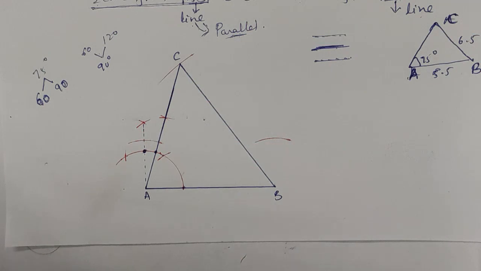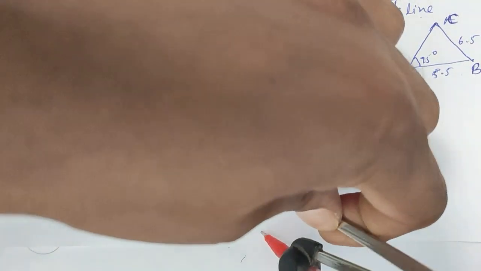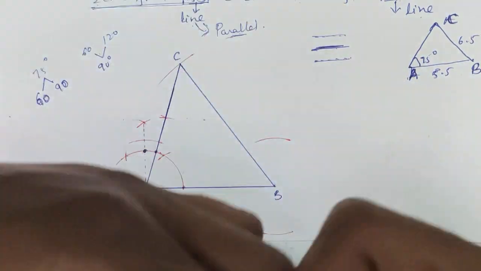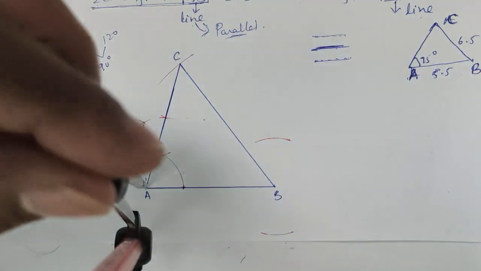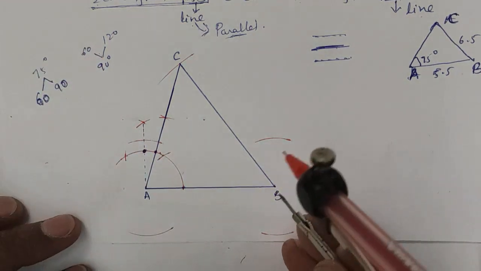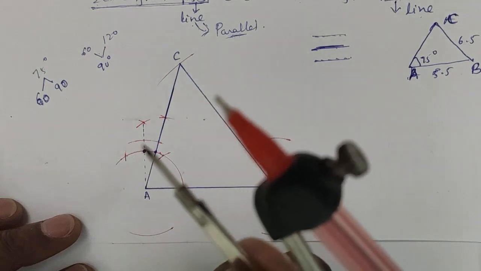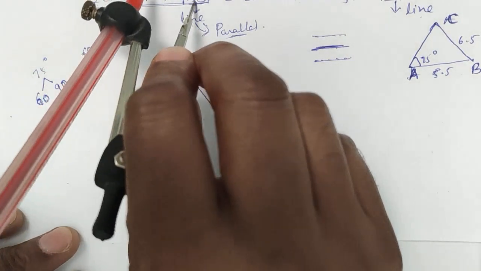Not only above, below also. Below also, same. What you did, the same. Below also one U shape. From A, here also one U shape, like this. Got it? So this compass measurement is 2 centimeter. We need a 2 centimeter parallel for the AB line, no?